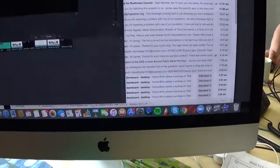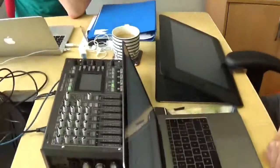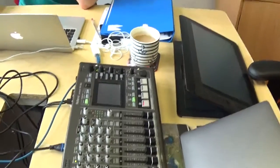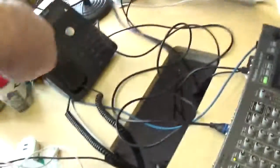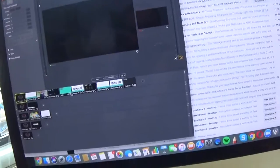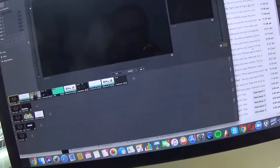Over here we have the mixer, which carries all the signal. It comes out of this cable here, and eventually goes through this cable here and goes in the back of my computer, and it comes out to this bit of technology here. So if I just quickly show you, for example,